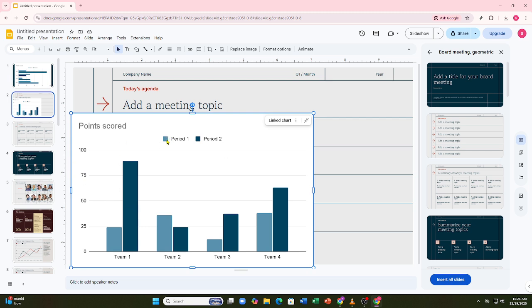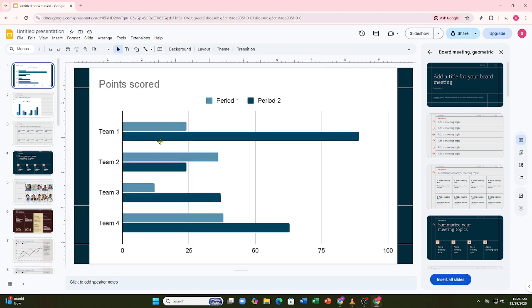Before finishing, review your slides in presentation mode. Check that charts are visible, numbers are clear, and colors look good on screen. And that's it. By inserting charts, editing data in sheets, and keeping designs clean, you can add effective charts in